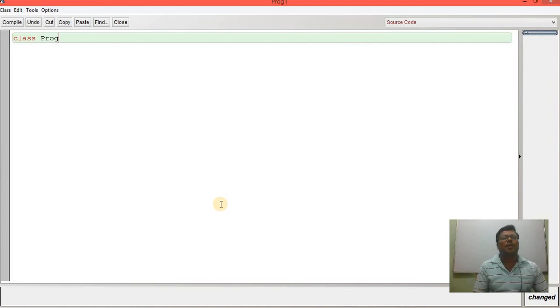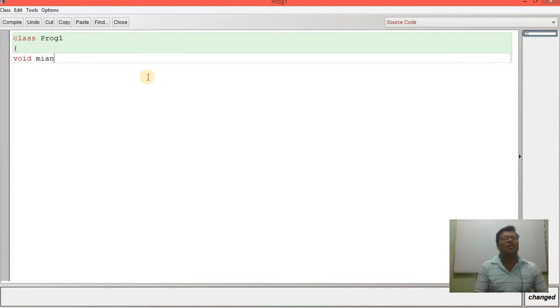After that you erase it or directly start writing class Program 1. Whatever name you have given in the project, give the same name here. One thing is clear in Java: when we write a program, the class name and the program file name will both be the same. Now we will write a simple program for displaying welcome to the world of Java. We will start from this.